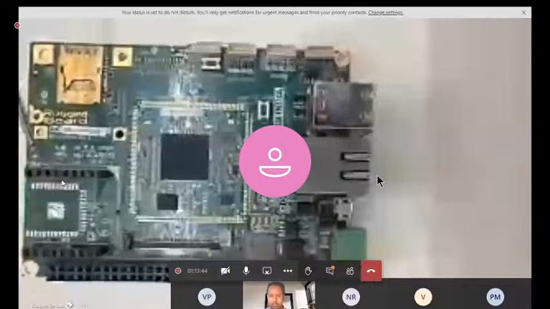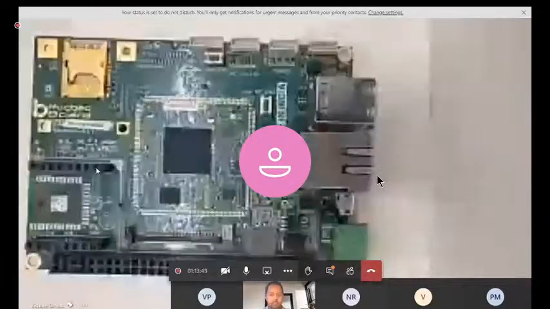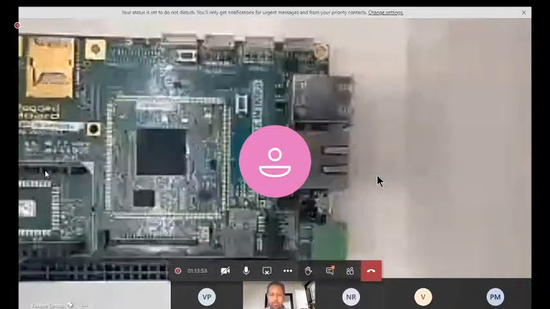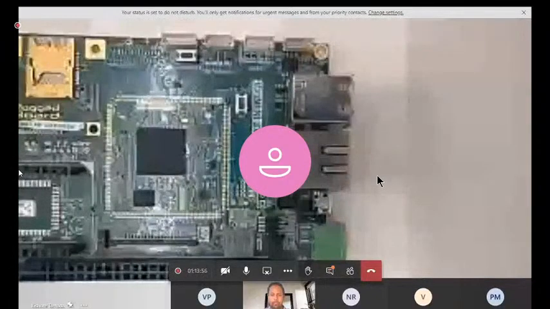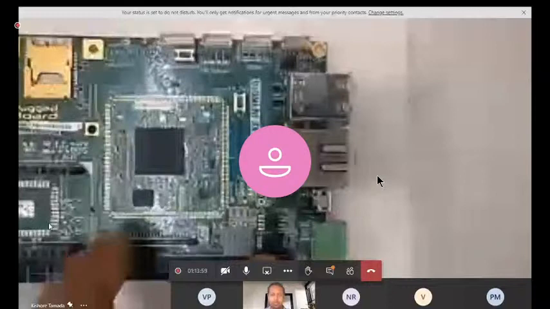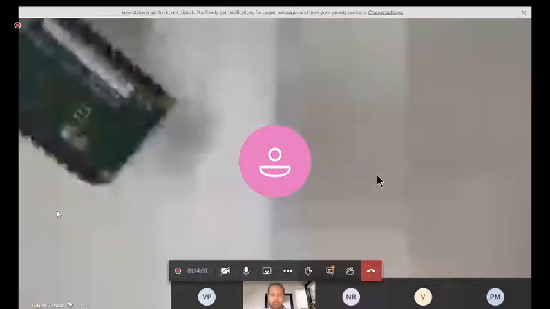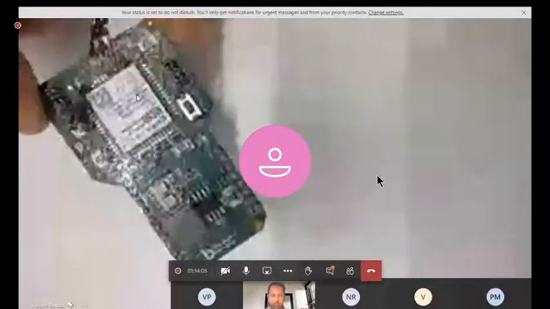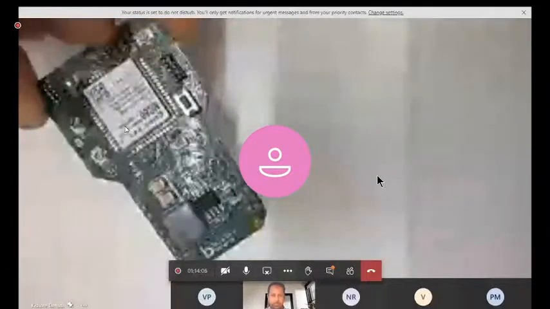Microbus is nowadays an IoT standard interface. Many of the industrial IoT gateways have this microbus connector standard. So here you can see GSM, GPS and Bluetooth.